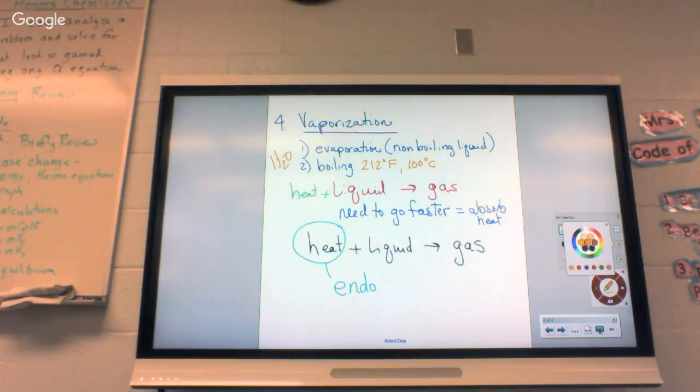So if the water dries, it did what? We refer to it as evaporate. But if you put the water on the stove and you bring it to a boil and it gets to 100 degrees, or even really the boiling temperature is really an average. Those numbers are averages. It depends on atmospheric pressure as to whether it boils more or less than 100 degrees. If we go to the mountains, less. If we go to the coast, the boiling point will be slightly more because atmospheric pressure will be different. But boiling itself will be higher because it's on the stove. It's going to reach a higher temperature.